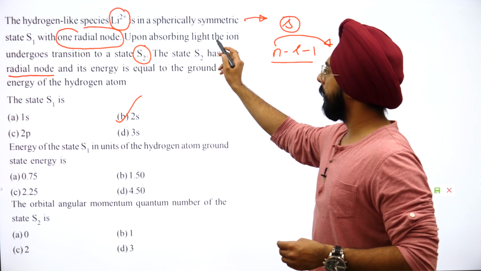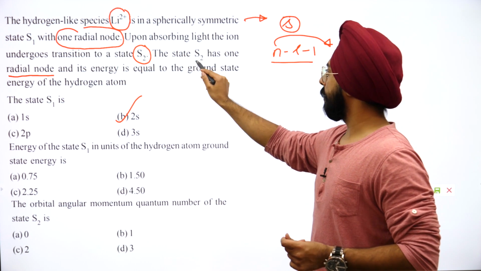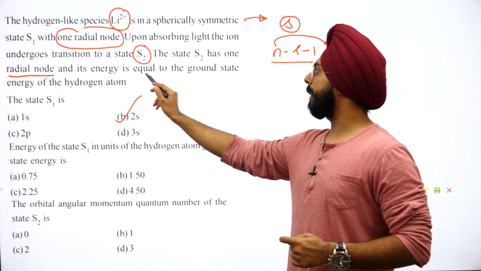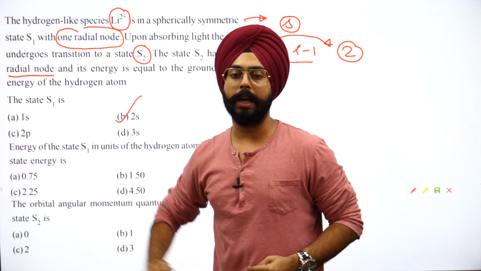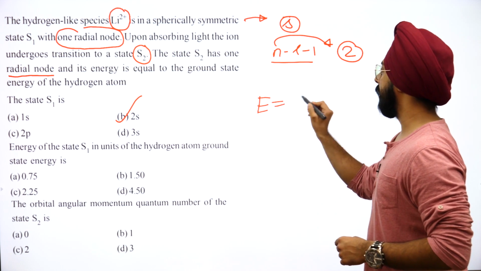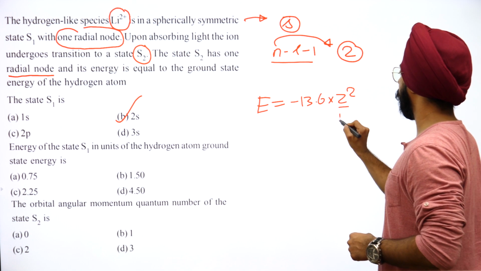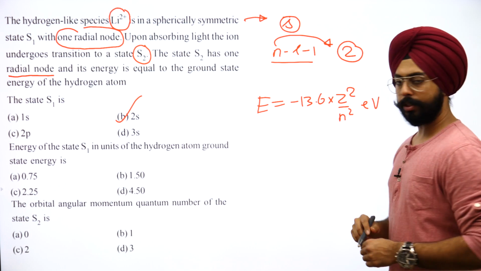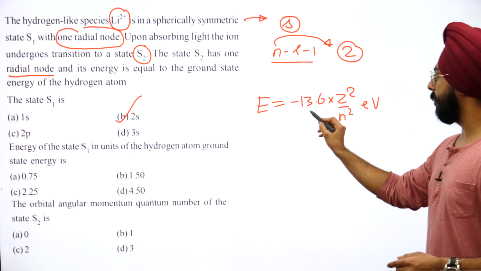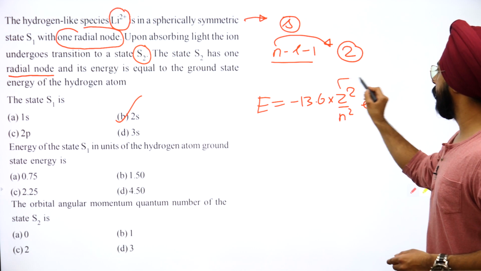Now upon absorbing light, the ion undergoes a transition to a state S2. S2 has one radial node, okay, remember this, and its energy is equal to the ground state energy of the hydrogen atom. People, what is the Bohr's model of the atom's energy? Minus 13.6 into Z square by N square electron volts. This is the energy. Now, for the hydrogen atom, it is just minus 13.6. Over here we have lithium. Lithium's atomic number,